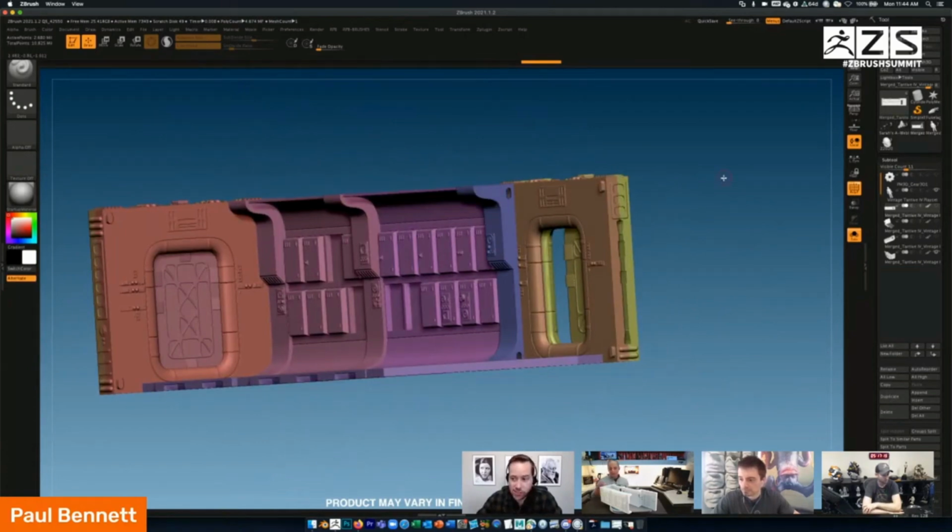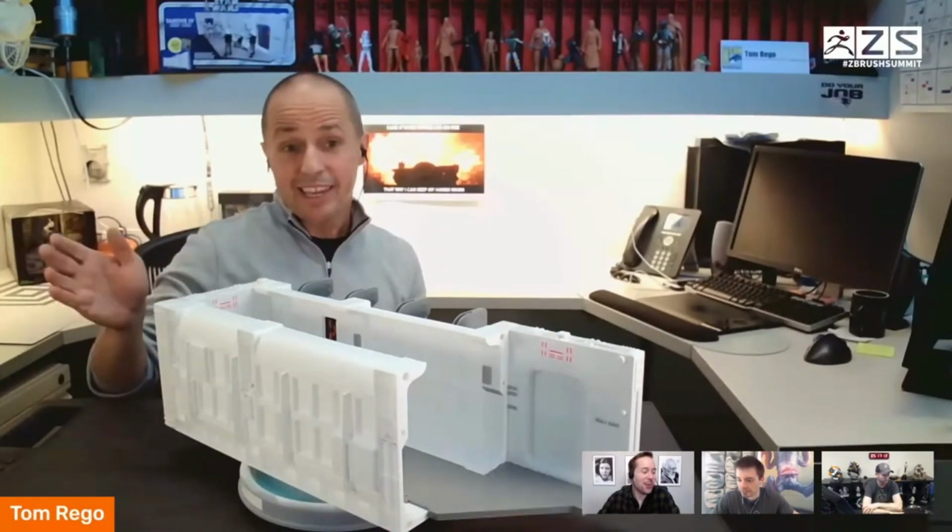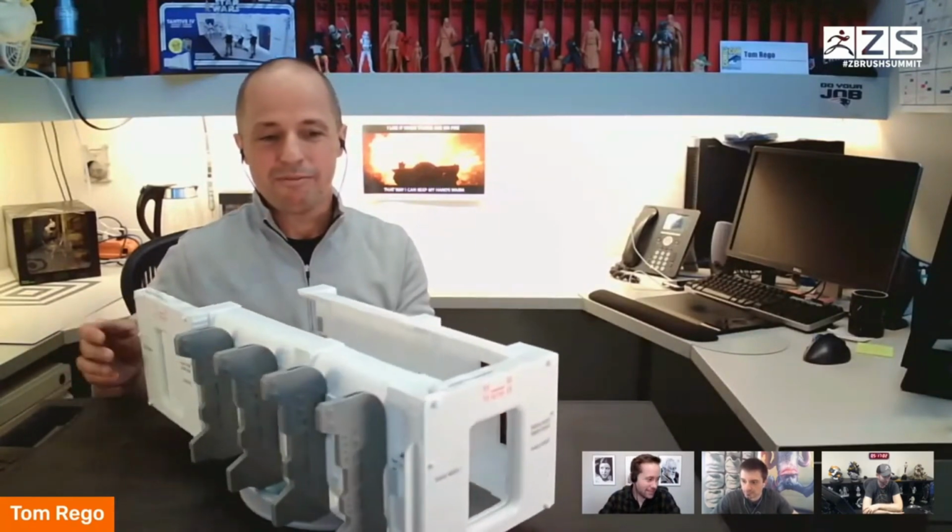And again, if anybody, Tom has it. Oh yeah, I want to see the boom. Moving too fast. Boom. So this is like two sets, not completely put together, but you can see